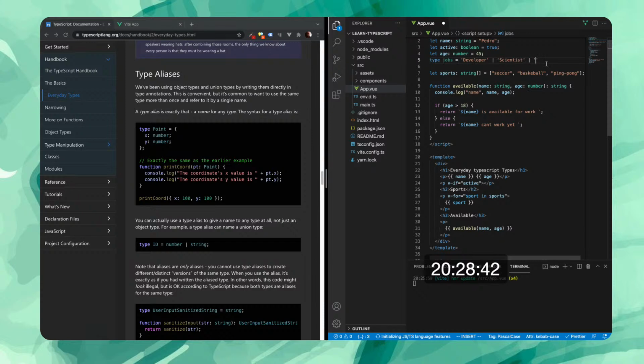Type jobs equal scientist and developer, or I said type. Sorry about that. Type job scientist, developer, or YouTuber. Okay. And then if you wanted to put a job,